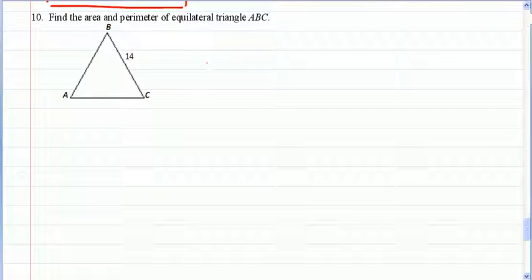For number 10, we want to find the area and perimeter of equilateral triangle ABC. So the area of a triangle is equal to 1/2 times the base times the height, and the perimeter is equal to 3 times